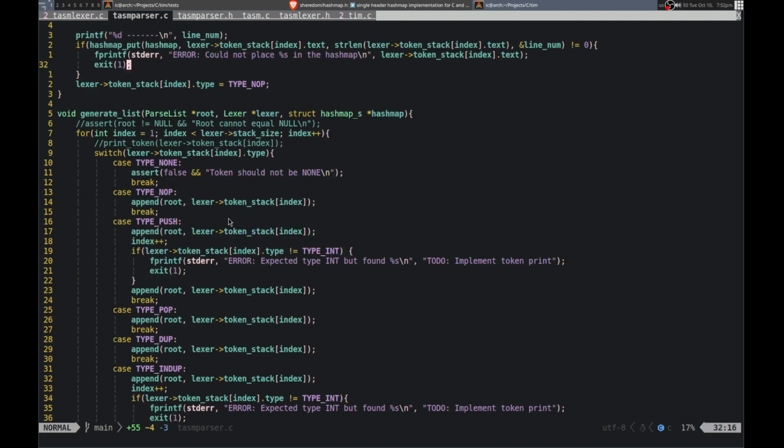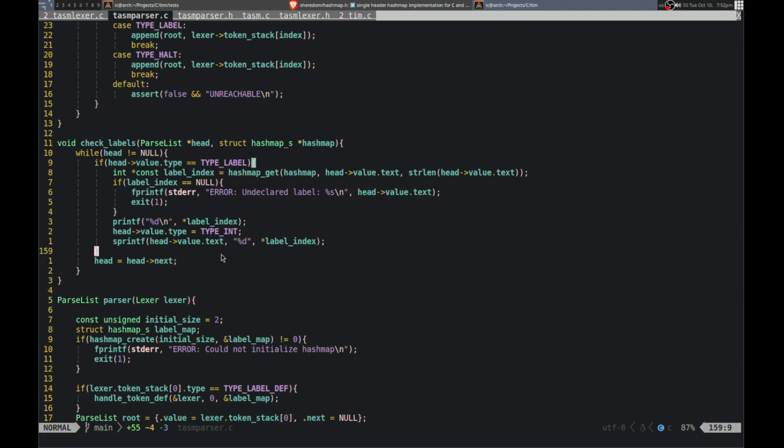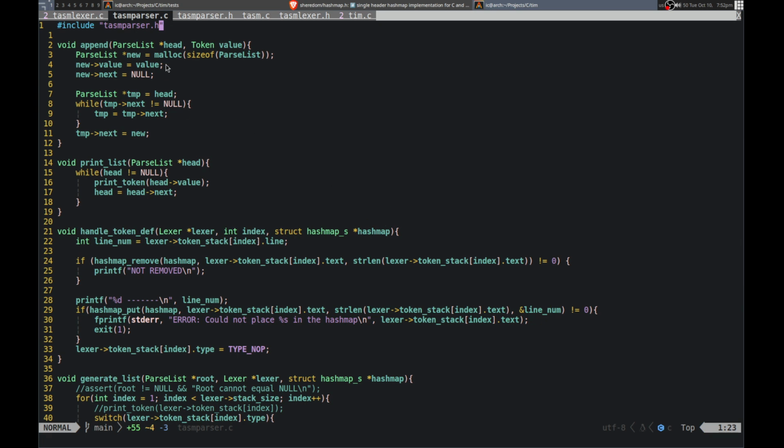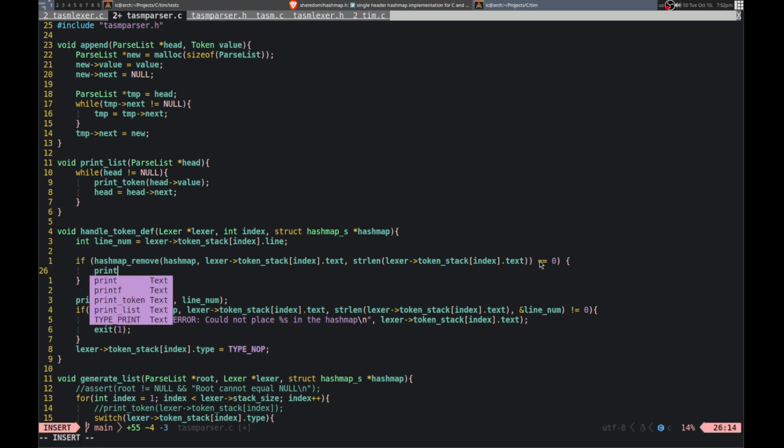So let me go up here actually and change this to if it equals 0, then